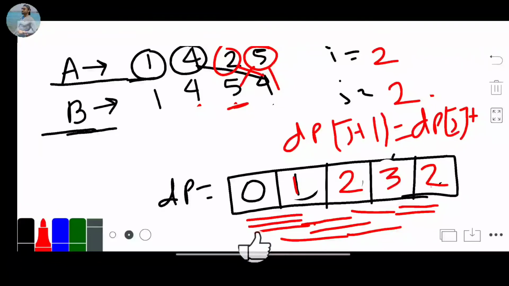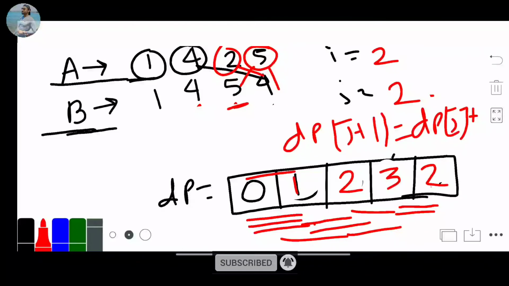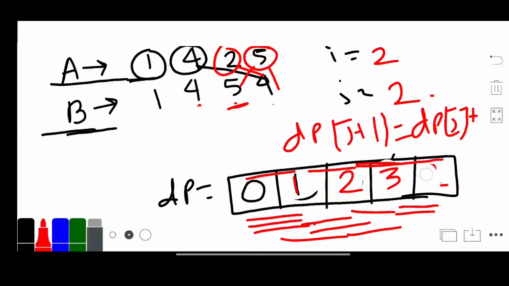So now there is no match for 5, so we move to the dp update value, that is 0 and 1 maximum is 1, and 1 and 2 maximum is 2, and 2 and 3 maximum is 3, so we update 3, and 3 is our desired answer for this example.